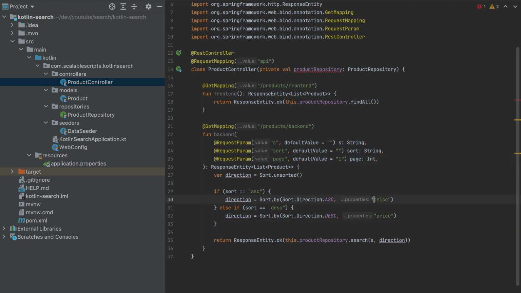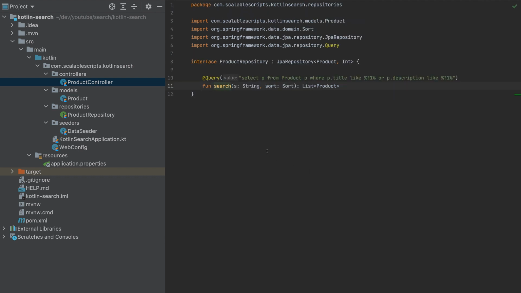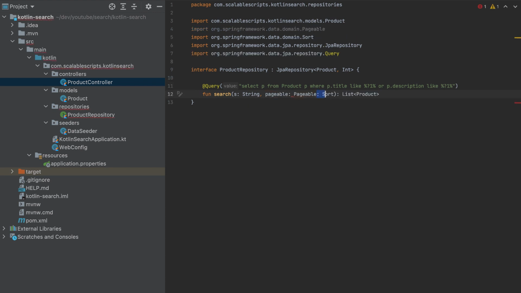So we added the page. Now for the pagination, it's also super simple, because we can also paginate and sort at the same time by changing this variable to pageable, as type pageable. So I will remove the sort,